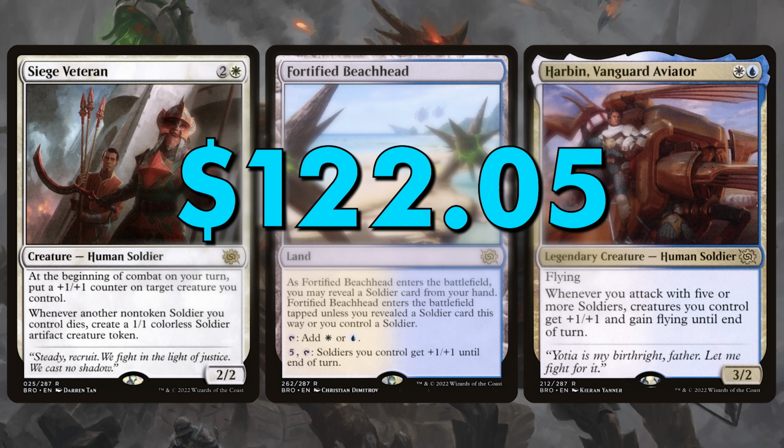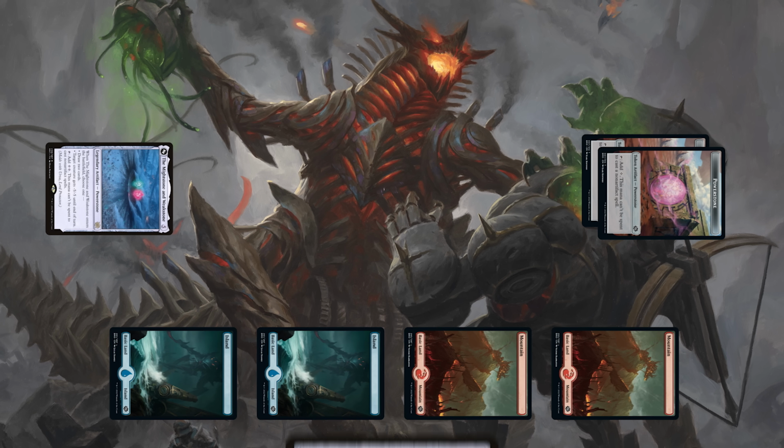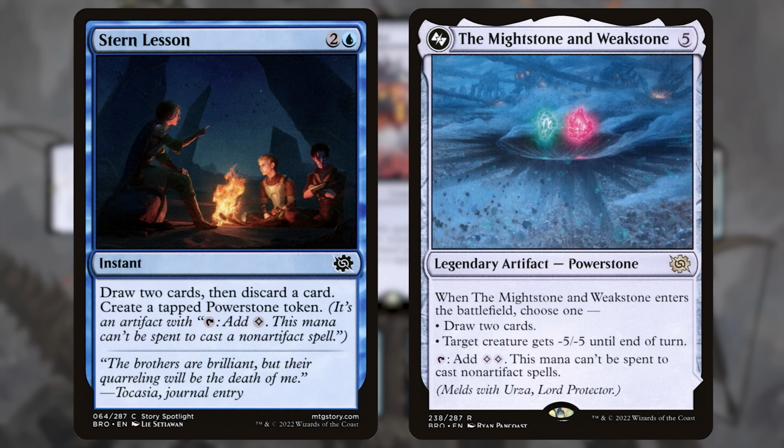Now, a recent addition to the Standard format is a bit of a unique deck. An Izzet artifact-based ramp deck that casts the giant artifacts Cityscape Leveler and Skitterbeam Battalion ahead of schedule using accelerants such as Stern Lesson and the Mightstone and Weakstone. This is a very exciting deck both in gameplay and because it brings something to the Izzet color pair that